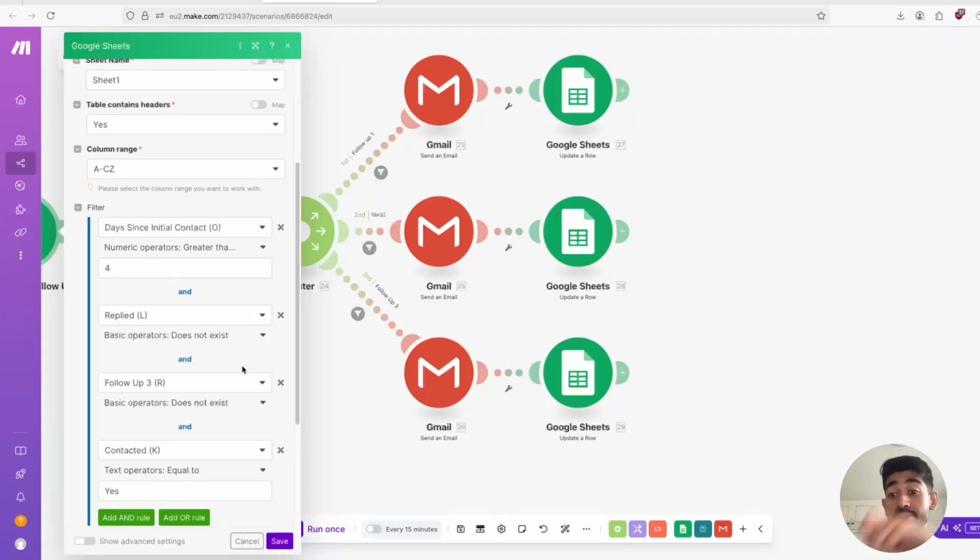So the method that I'm using is we wait 4 days for the follow-up email one. We wait a total of 9 days since the first email for follow-up email 2, and then we wait a total of 14 days for the follow-up email 3. Hopefully that makes sense. So initially we get all the contacts for which it has been more than 4 days since initial contact,